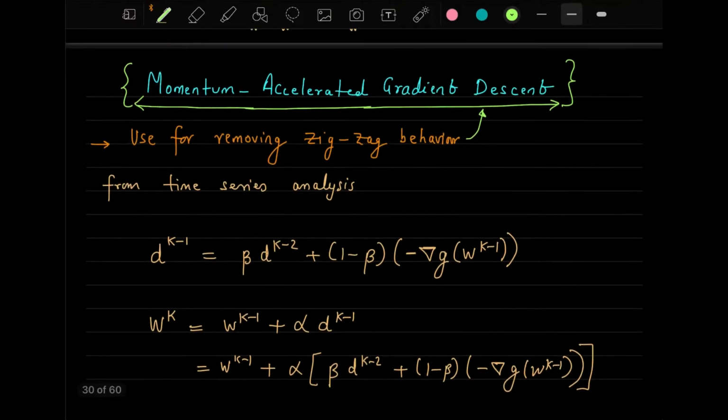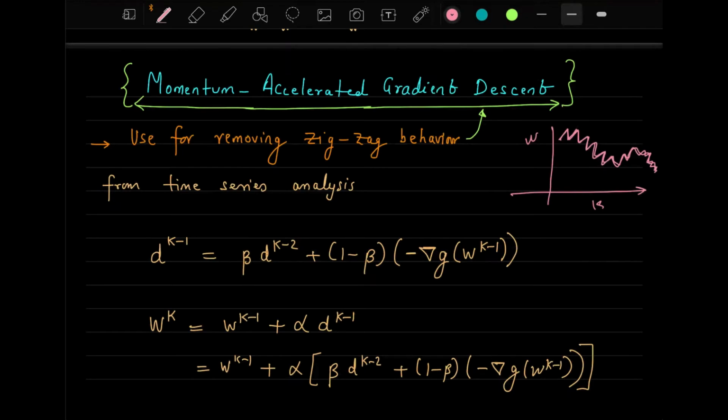Using the concept of time series, let me draw the diagram here. From the time series concept, what we have seen is we have these fluctuations in the W, right? This is your K and this is your W. For the time being, you can think of these fluctuations as the steps of the gradient descent. The way gradient descent fluctuates, this also fluctuates in a similar way.